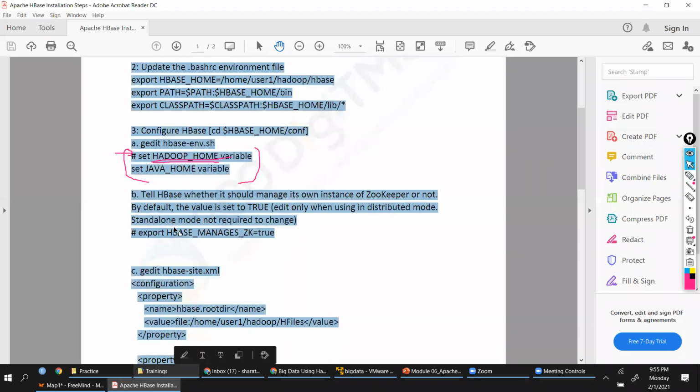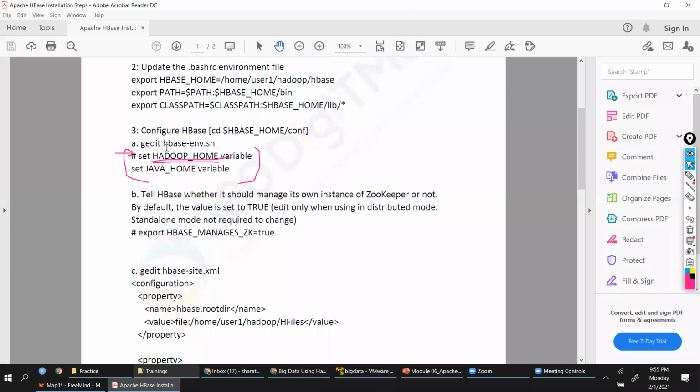All right, next. This is another setting that we need to do in the same file. This is basically to set your zookeeper. Now, by default, HBase comes with an inbuilt zookeeper. Generally, zookeeper is installed on Hadoop clusters as a separate tool for better configuration of your distributed environment. If you have a zookeeper installed separately, you don't need to give this true.